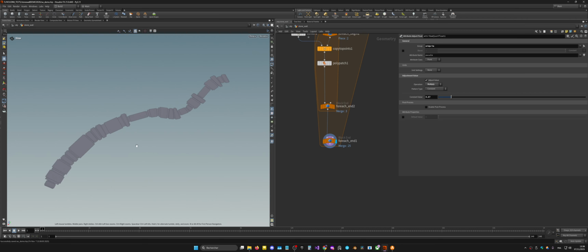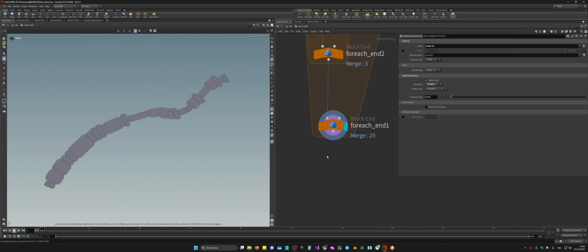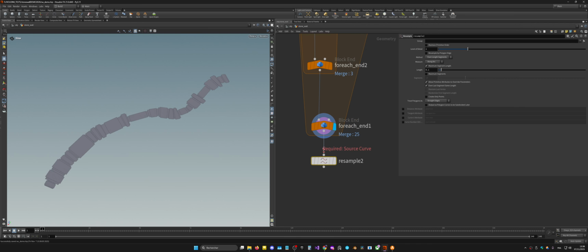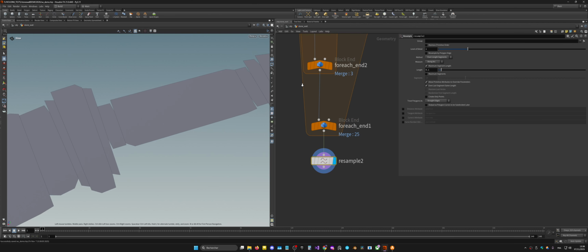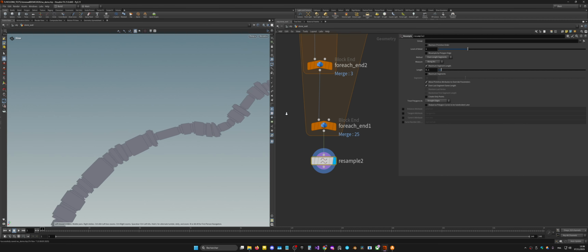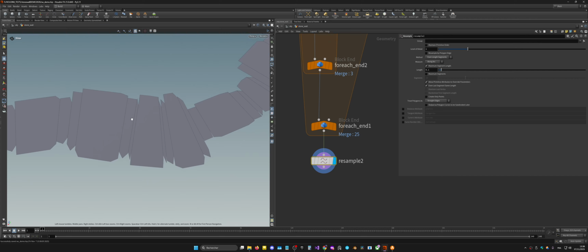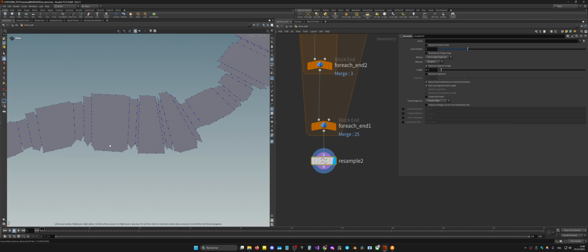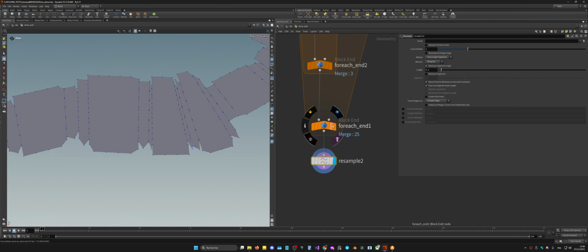Now I want it to look like stones, so many things I can do with this. I like to resample, but it's very easy. It will break, as you can see, it breaks topology. That is very fine for stones. Why does it break topology? Because we ask to reduce the points, and as we don't check resample by polygon edge, it will, as you can see, break